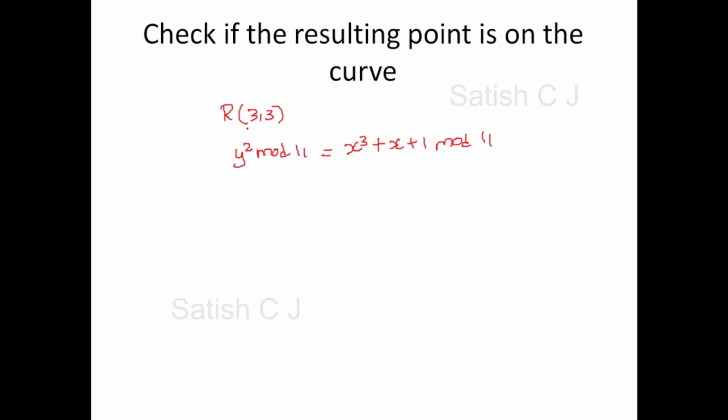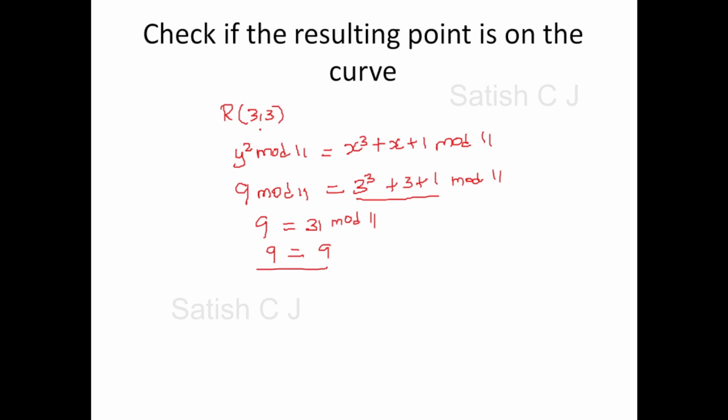Let's substitute the values for x to be 3 and y to be 3. So it's going to be 3 square mod 11, that is 9 mod 11, is equivalent to 3 cube plus 3 plus 1 mod 11. So this is nothing but 9, which is equivalent to 31 mod 11. So when you compute this, you will get 31, and when you perform a mod 11 of this, you're going to get the result as 9. So we see that the point that we have arrived at, (3, 3), is actually satisfying this equation. So very well we can conclude that the result of P plus Q is again another point which lies on this curve